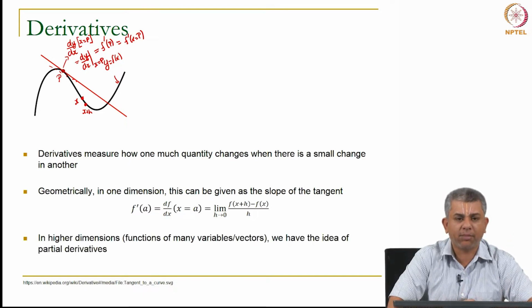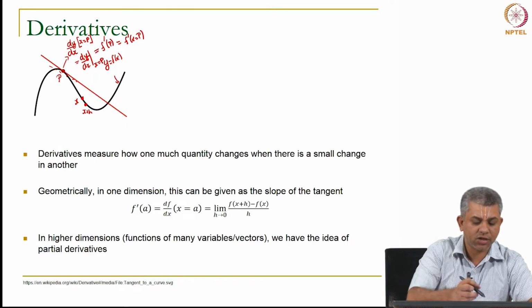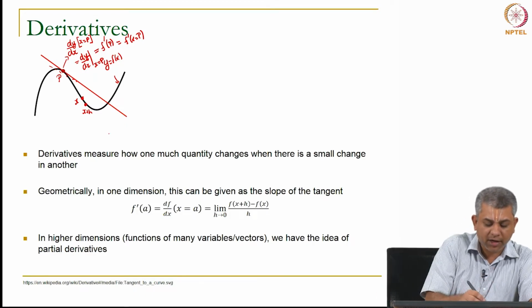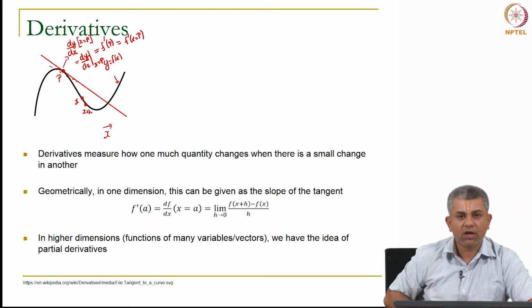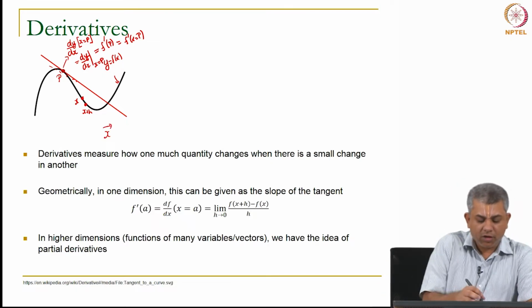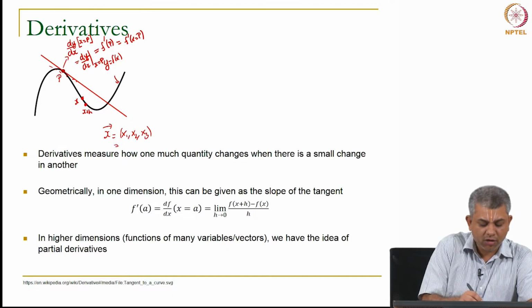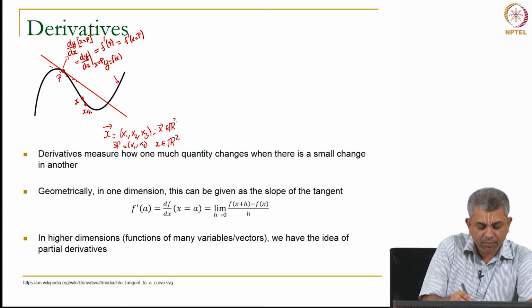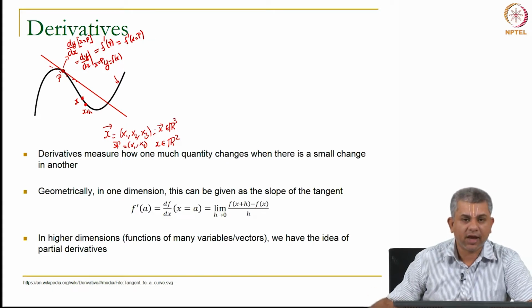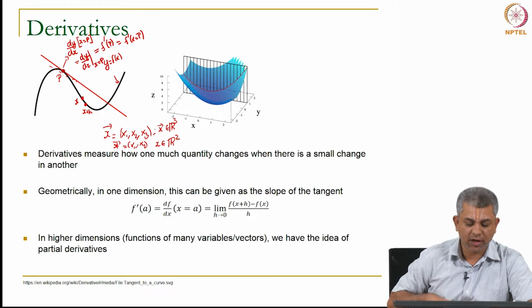Now, when you have higher dimensions, by higher dimensions I simply mean you still have a scalar function, but x now is a vector. Okay. So, in that case x vector could be something like, let us say x1, x2, x3, or the figure that I will show shortly could be x vector is x1, x2, which means x belongs to R2. This is the case where x belongs to R3. Okay. So, in such a case we can have partial derivatives. So, let us look at such an example.